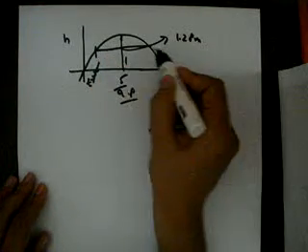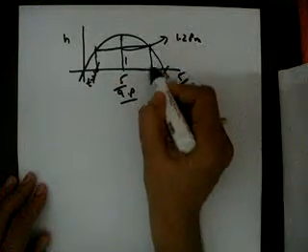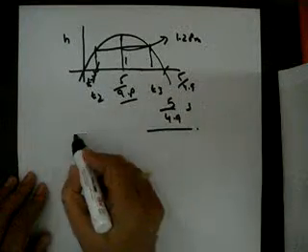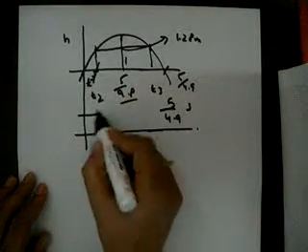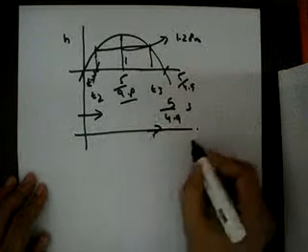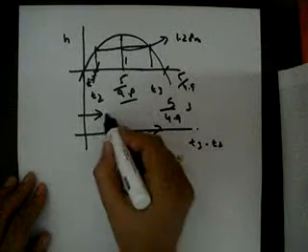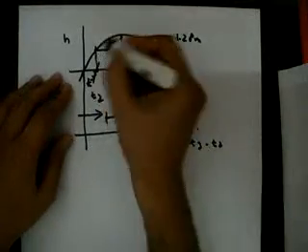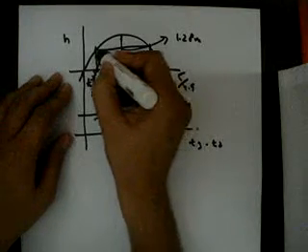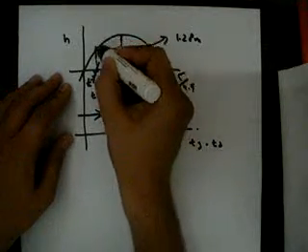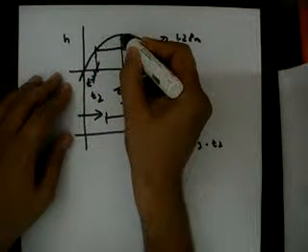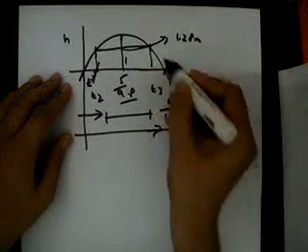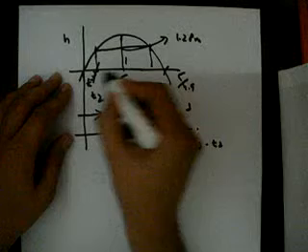Now if I can calculate these two times, so this is say T2 and this is say T3. T3 is this and T2 is this. If I can calculate these two times and subtract T3 minus T2, I'll get this time. And this is the duration during which the person is above 1 meter, because this is the 1 meter height. So from here onwards he goes above a height of 1 meter, goes to a maximum height of 1.28 meter, then his height again decreases, again it goes back to 1 meter at this point, and then it decreases to 0. So I am interested in knowing this particular time.